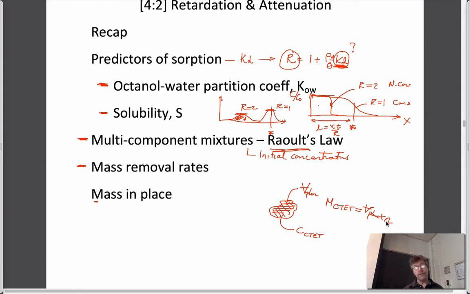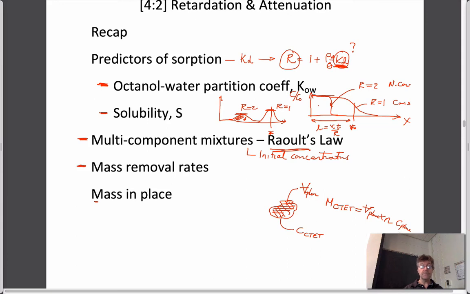The volume of the plume times the porosity gives the volume of the water. If you multiply the volume of water by the concentration of the plume, so this is mass per unit volume, then that's exactly what you'd expect to have in the aqueous phase, right? Volume of the aquifer that's contained within the plume, inside some limit of concentration, whatever it is. So the volume of the aquifer multiplied by the porosity gives you the volume of water. If you multiply the volume of water by the concentration, which is mass per unit volume, you get a mass of the